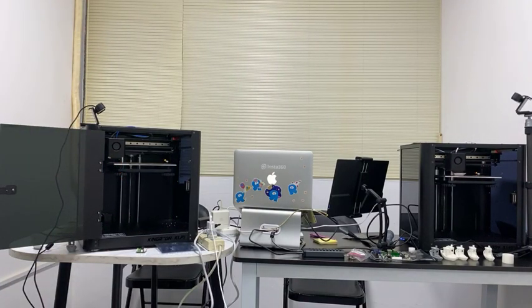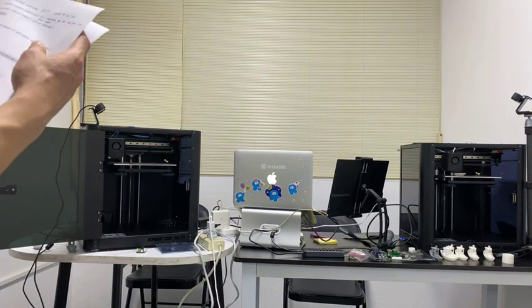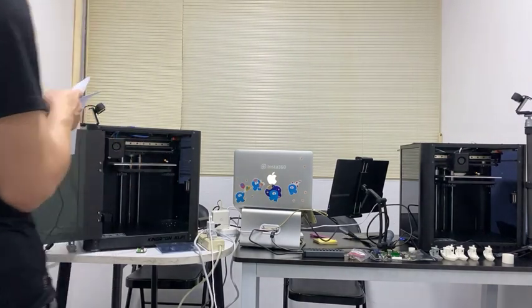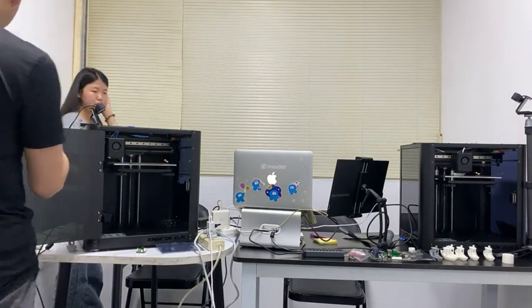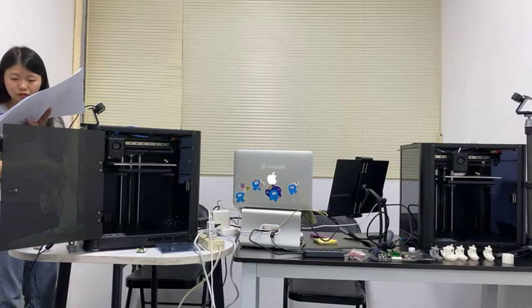Also, we have some questions about this printer. The print work area and the price. The price is about 379, and it's for the US and Europe. And the price and the release date in Europe. It is available for